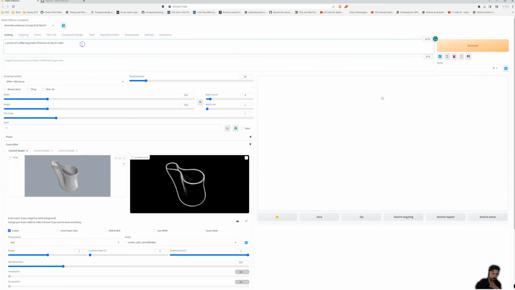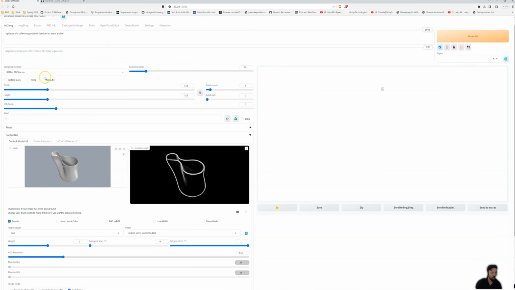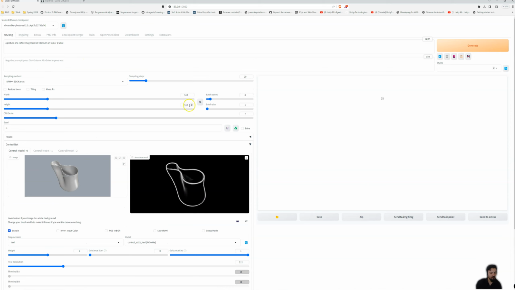But we can play with that later. So let's say we will generate this image. We will just resize the image that we have here, and we will set the resolution to, for example, 768 pixels by 512. So if we hit generate,